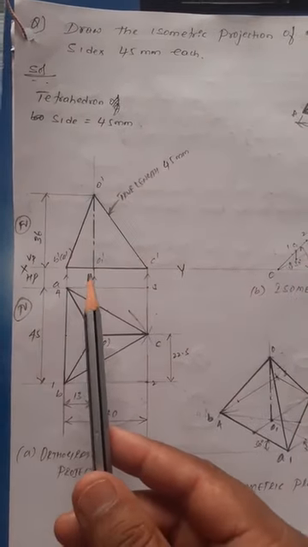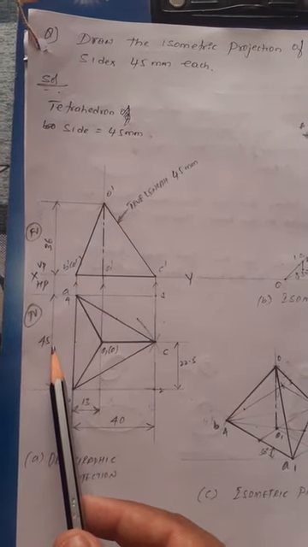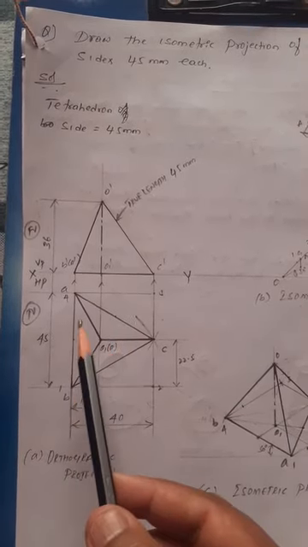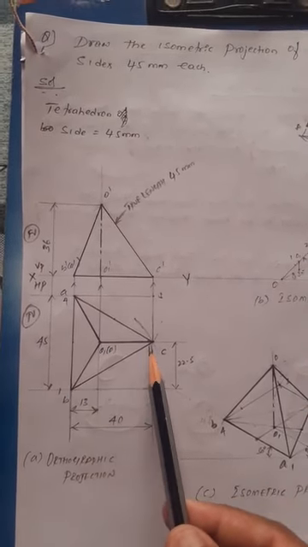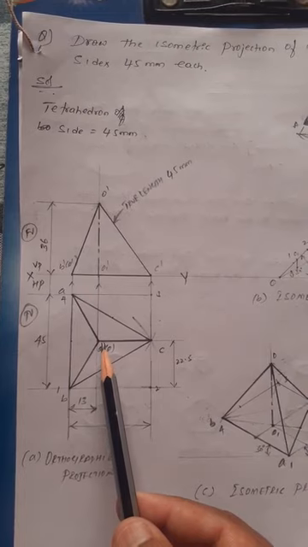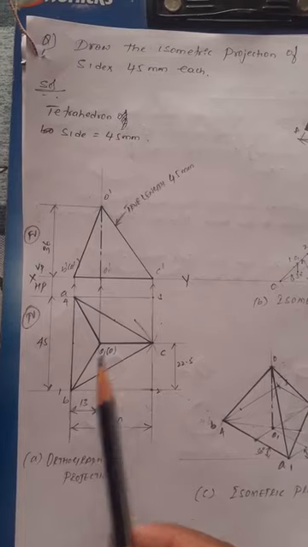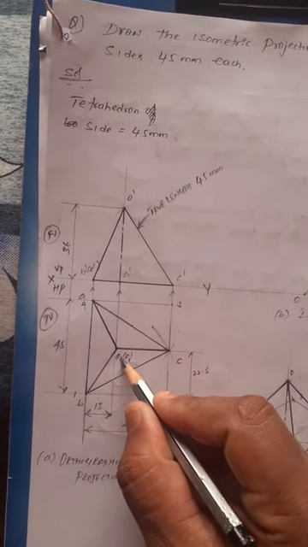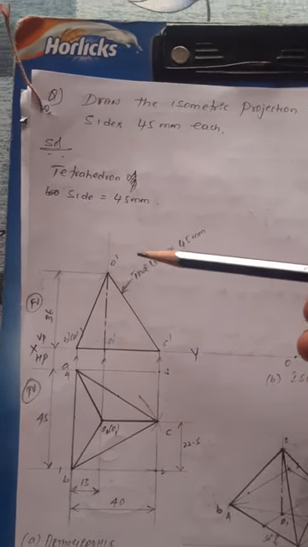Here I'll consider one of the base edges parallel to HP and perpendicular to VP. Now you know how to construct an equilateral triangle ABC. The radius is how much here? 45 mm. The edge is how much? 45 mm. Then you get the center of the triangular base. Take a corner and the opposite side's middle point and join them. We will get the center of the base and also the apex. Actually O1 is the base center and O is the apex, right? Make that correction.